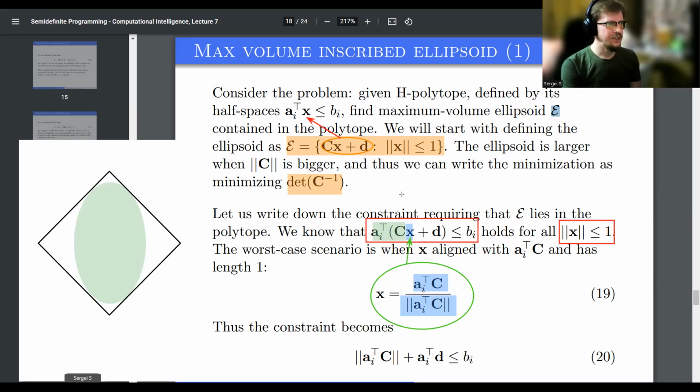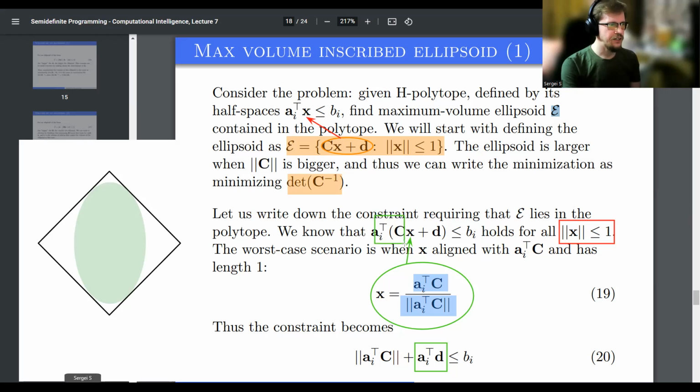So what happens is we have A times C times A, plus A times D. So this part is just A times D, right? It remains the same. But when we put this guy here,